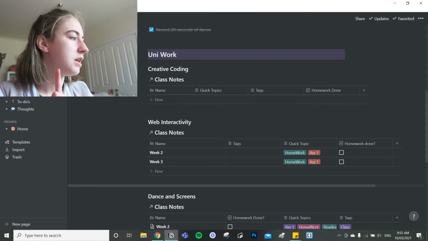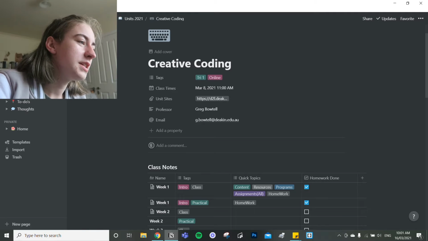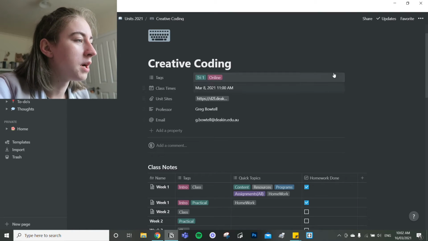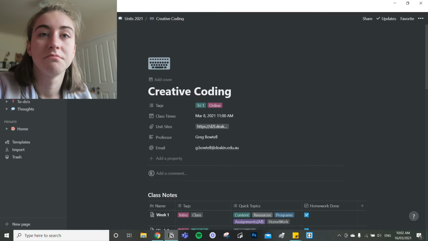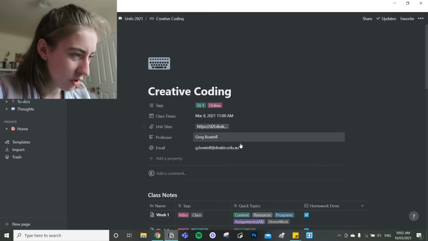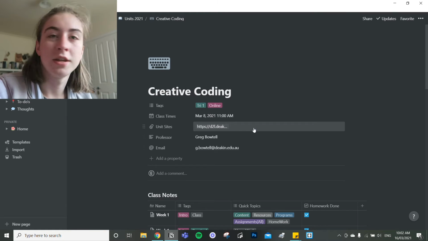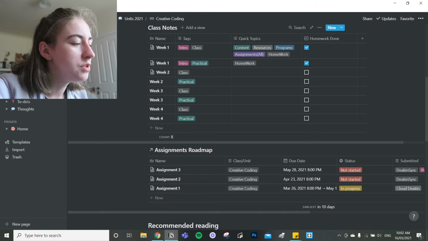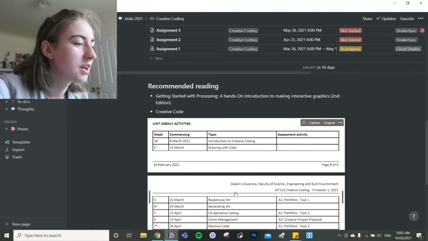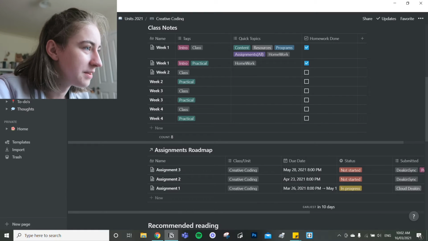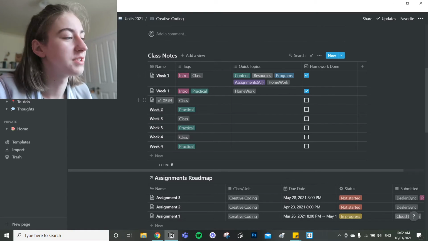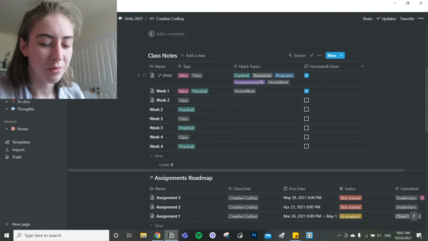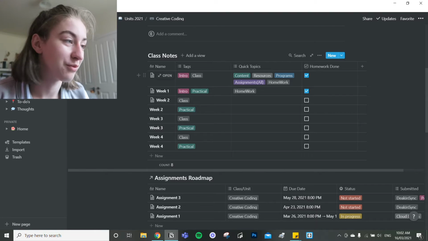So let's go into this, one of my units. This is creative coding, and all the tags are here because that's just what Notion does. But if we come down here, you can see a few things that I have put in. First off is my class notes, and everything is in table form. I absolutely love the tables, like I said before.